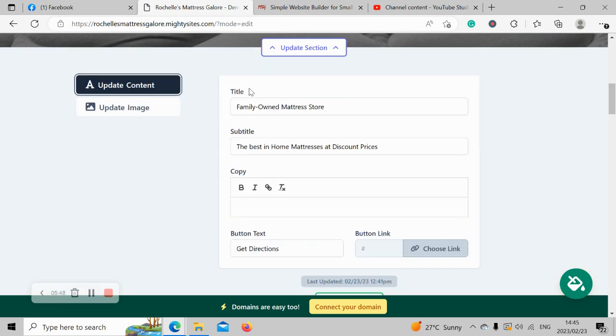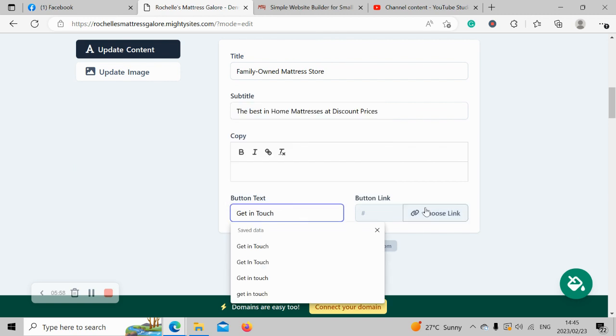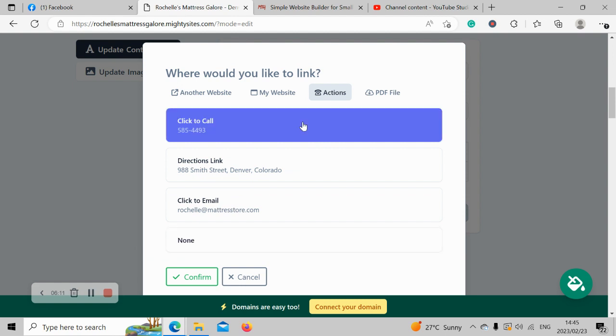If you need to update the content, go ahead and change the title and subtitle. Perhaps you don't want your button to say get directions. Maybe you want it to say get in touch. We can now choose the link where that button goes to, so we can link to another website, or we can link to an action like click to call, directions, or click to email. So I'm going to do click to call for this one,